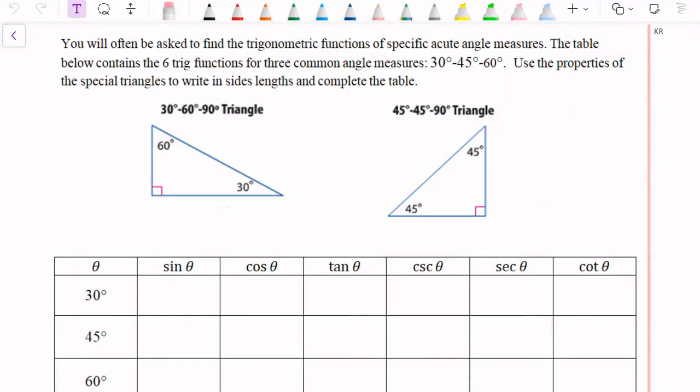All right, so this year we will hopefully again, may have done this in the past, be asked to find all of our special trig values from our trig functions: sine, cosine, tangent, and their reciprocal functions. So these are the reciprocal functions over here, which means, as a quick review, sine is the reciprocal